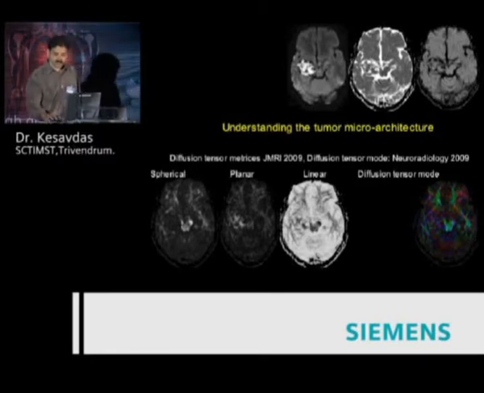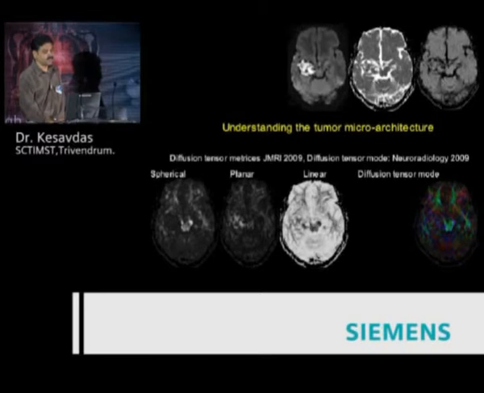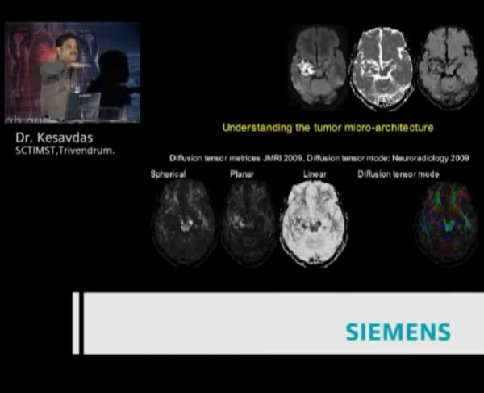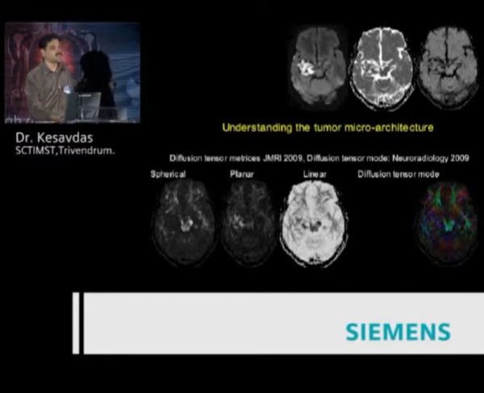Now within an epidermoid, as you know, there is directionality within. There are keratins which are arranged along a direction. So if there is some directionality within the tumor, naturally the FA will be high. But here it is along the plane that the direction is there. So the planar anisotropy is very high, but along a particular line it might not be there. So the linear anisotropy is low. So looking at the linear anisotropy, planar anisotropy, and spherical anisotropy, you can get information about how the cells are arranged within a lesion, how the fibers are arranged within the lesion, whether there is a directionality or not.